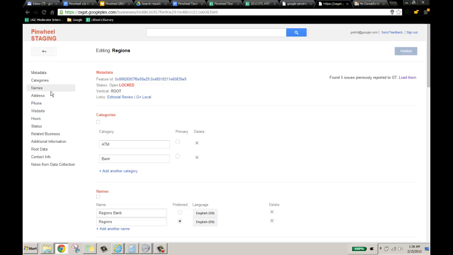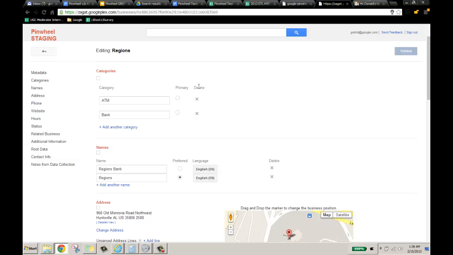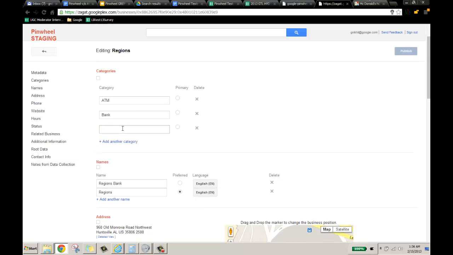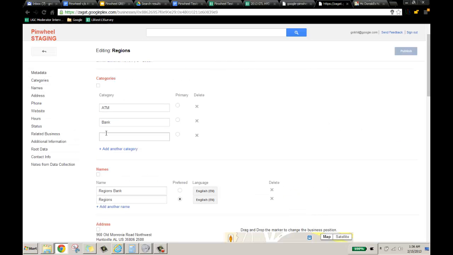This includes feature ID, status, vertical, and links. The next tab that we have is categories. Changing a category is very easy on Pinwheel tool. But changing the categories also changes attributes according to the vertical. Now we have root data as the vertical. The moment we change it to restaurants,